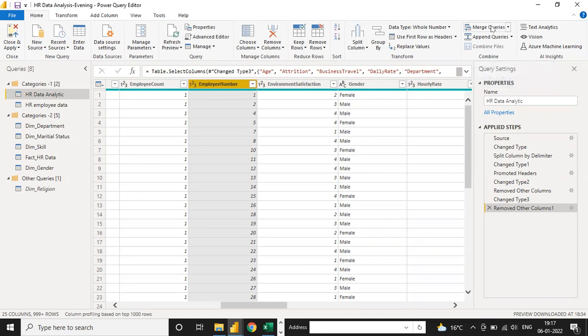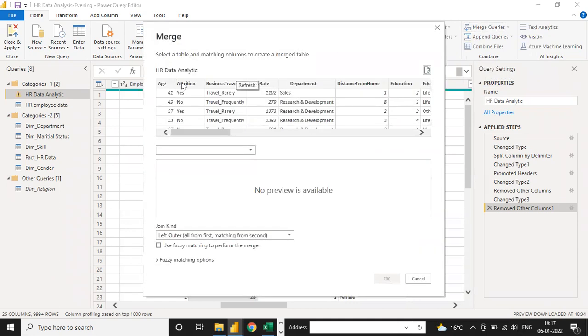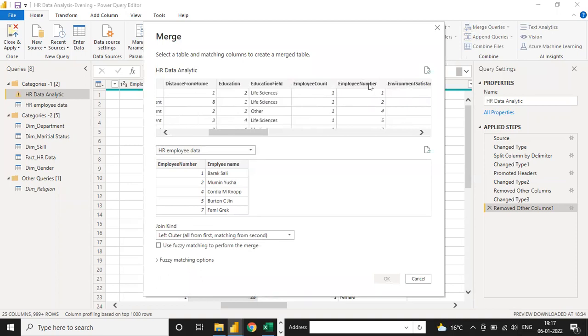So if I click on this merge query, you can see a new column will be added into your table. Here, a new window opens. HR analytical is your main table, and now you have to choose the second table. Suppose the second table is employee data, and now you have one common column, right? Employee number, select with employee number. Okay, same as the relationship tab, you just select employee number and employee number, both columns, and here you don't have to consider a dim or fact table. Don't consider that. Just use the same column name and click on the OK option.